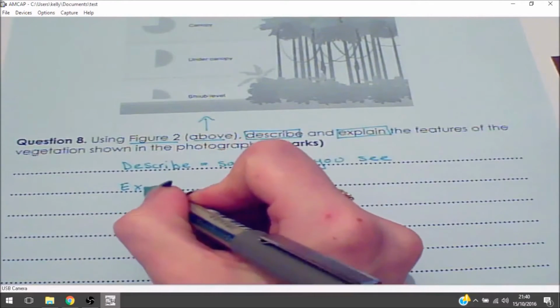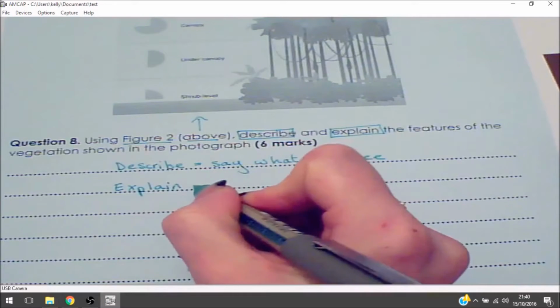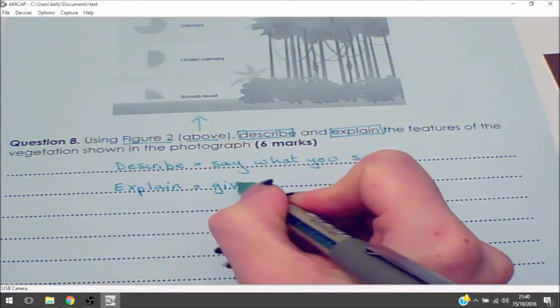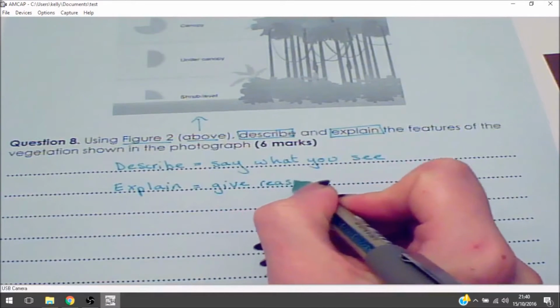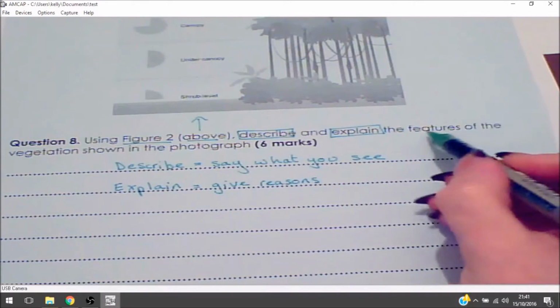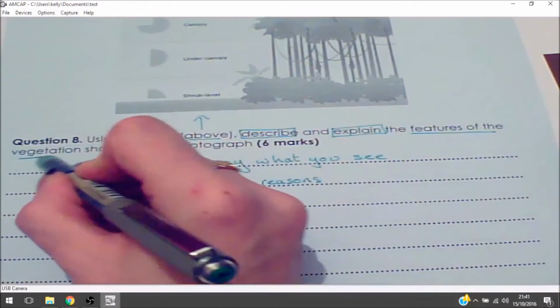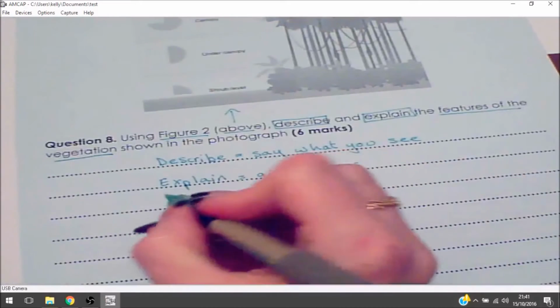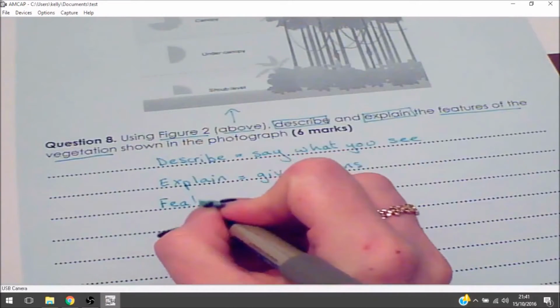So what do you see in figure 2 above you? And then remember, explain. Explain is to give reasons. Now this particular question is asking us to look at the features of the vegetation. So if we think about features of vegetation,